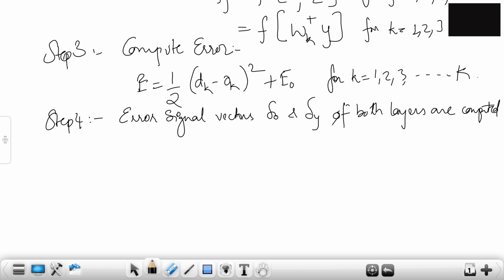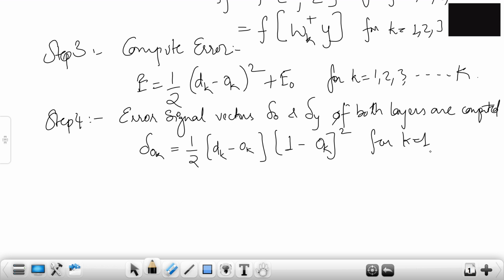Delta Ok, the output layer in terms of output, is half of (dk minus Ok), and then (1 minus Ok) the whole square, for k equals 1, 2, 3 and so on up to capital K. This is the error signal in terms of the output layer.